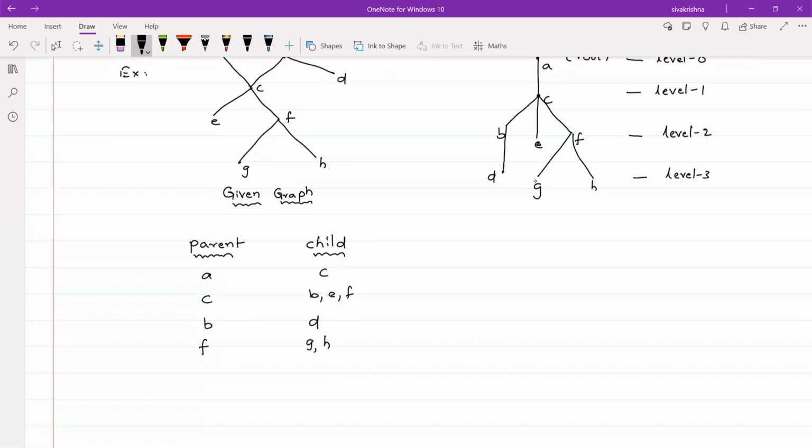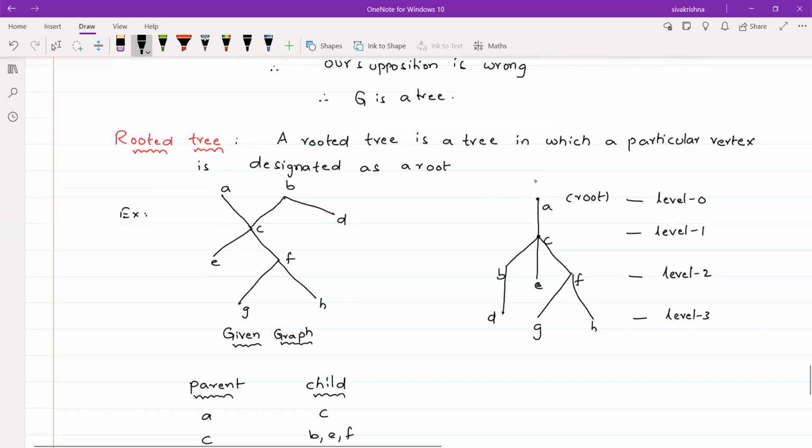Okay, in this way we can represent the parents as well as the children corresponding to the parents. So parents are nothing but vertices, and children are also nothing but vertices. Children can be considered as the vertices, sorry, the edges which are incident on this particular vertex. So suppose in this particular example, if you treat B as a root,